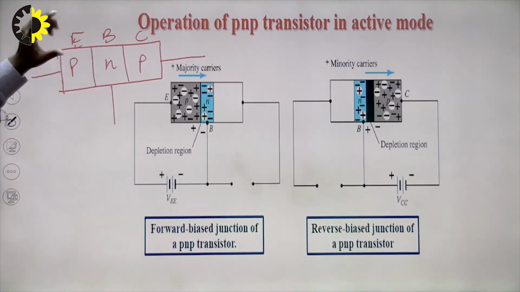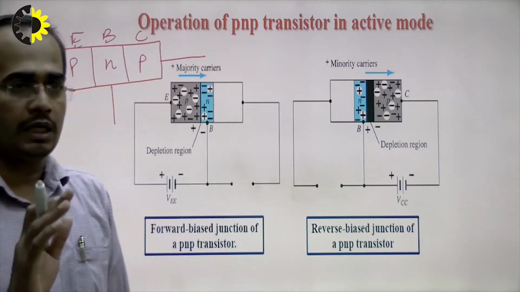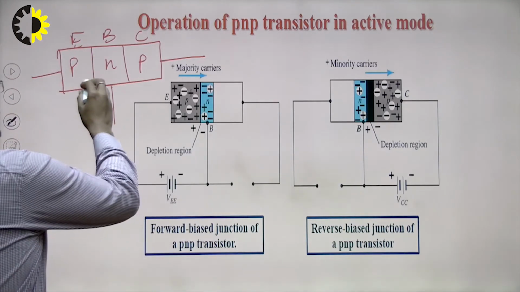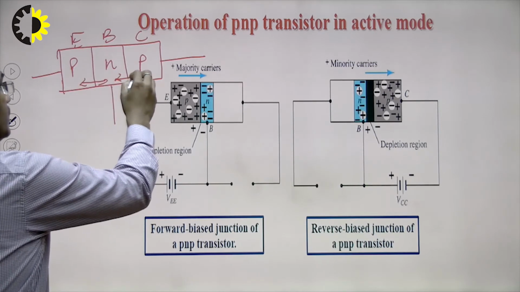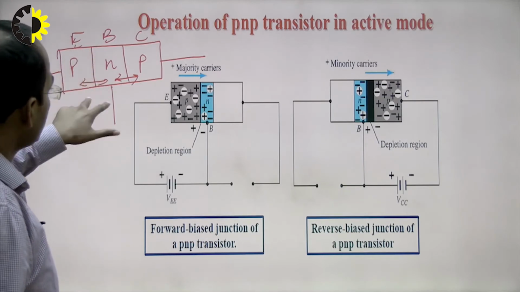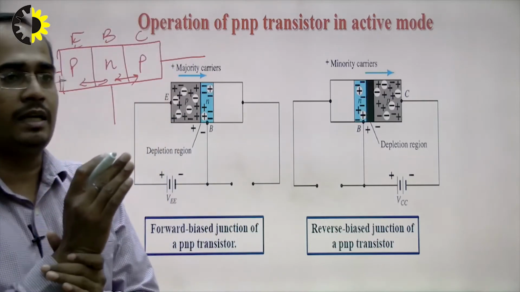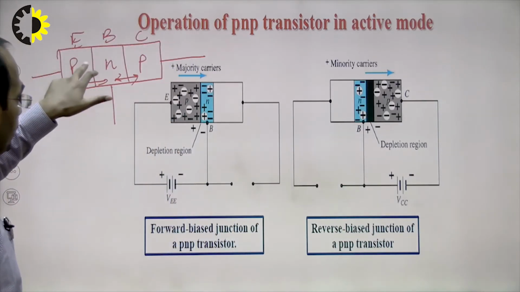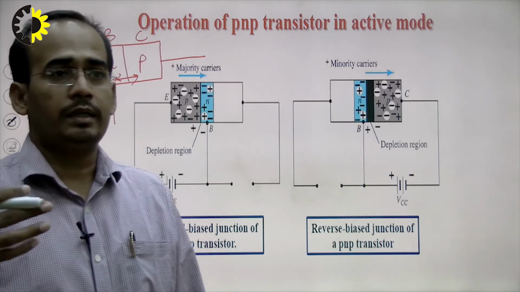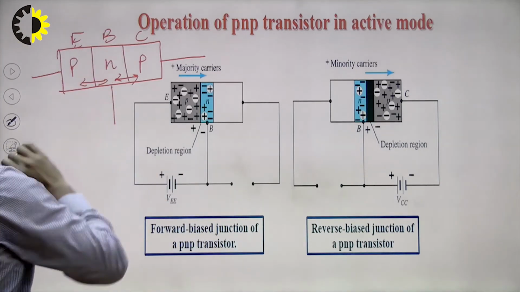So, when I sandwich the opposite type of semiconductor material between the same type of semiconductor material, what will happen? One PN junction is formed here and another PN junction is formed here, between emitter base and collector base. When the opposite type semiconductor is sandwiched between the same type, a depletion layer will be formed at the emitter base junction and the collector base junction. So, what will be the thickness of this depletion layer at the emitter base junction and collector base junction? In the emitter base junction,